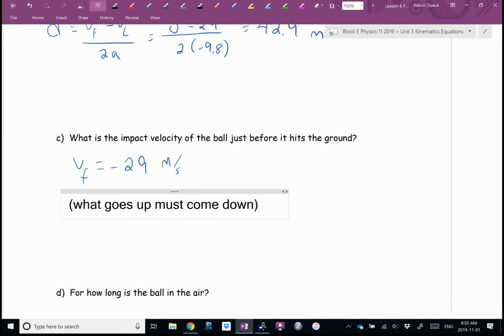No problem. But for what it's worth, Tito, pretend you played catch enough to notice, oh, it hit my hand at the same speed it left my hand. Especially because we're ignoring air resistance. With air resistance, there would be a tiny bit of variation. I went on my rant last day. Whenever we're in free fall, we're going to pretend air is not a thing to deal with. Everything is going to be a nice aerodynamic projectile with no air resistance.